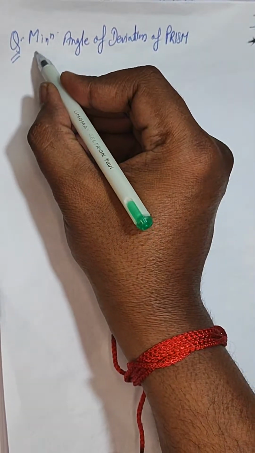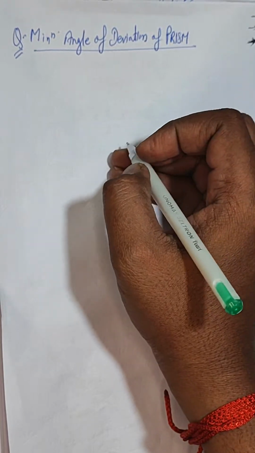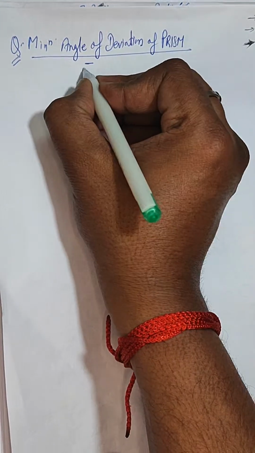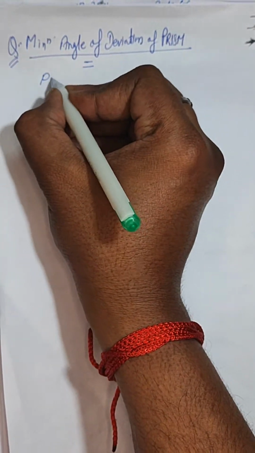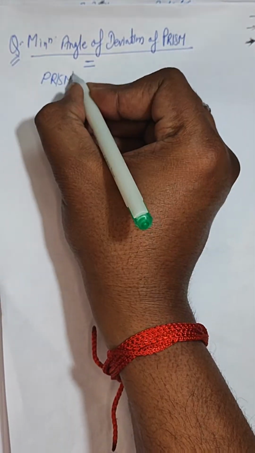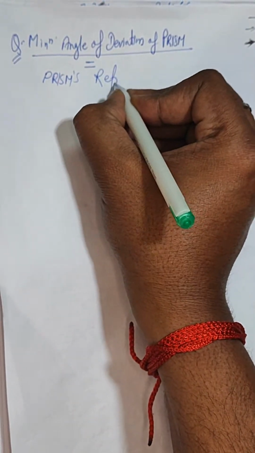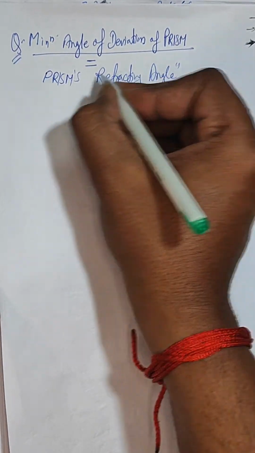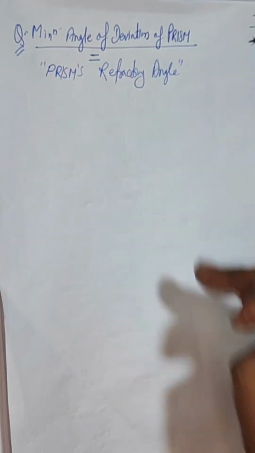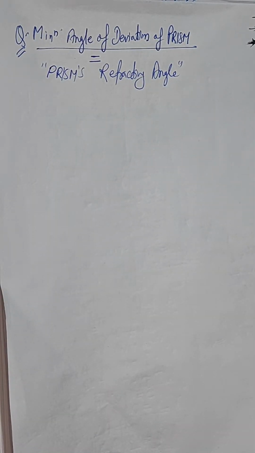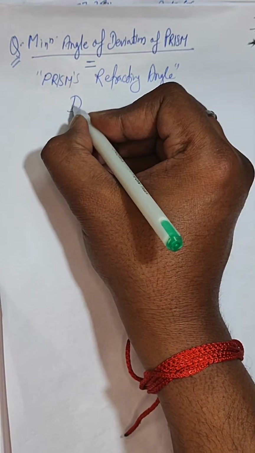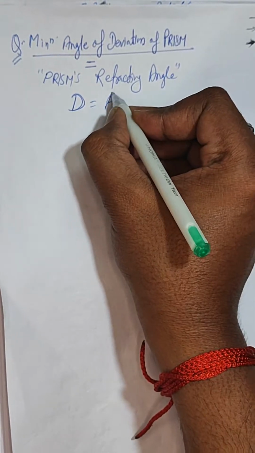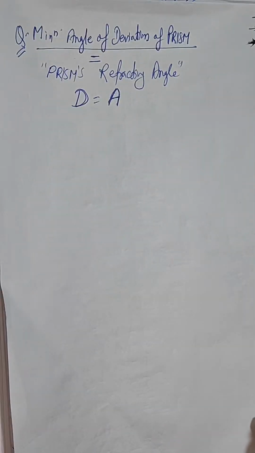This is given that the minimum angle of deviation of a prism is equal to its refracting angle. This is given to you. So when this is coming in front of you, that means D, the angle of deviation, is equal to A, right? If you remember the figure,